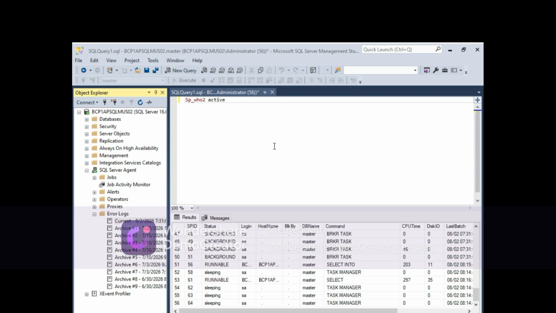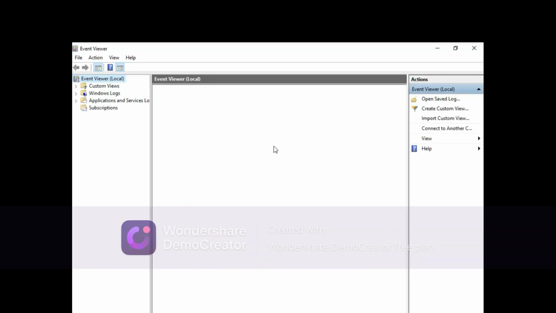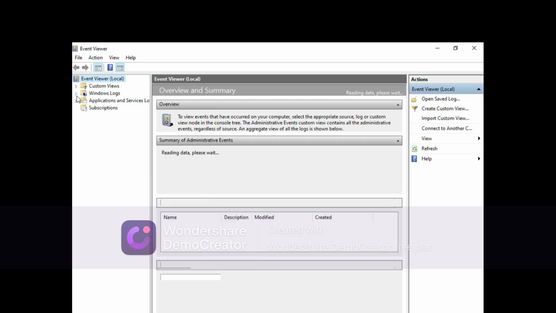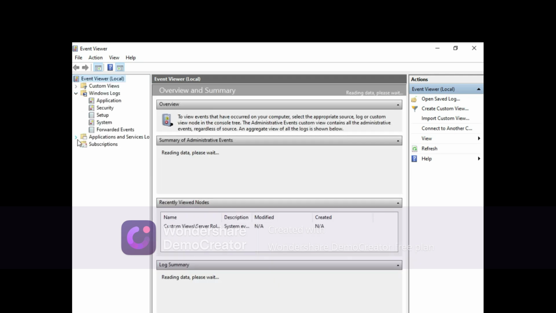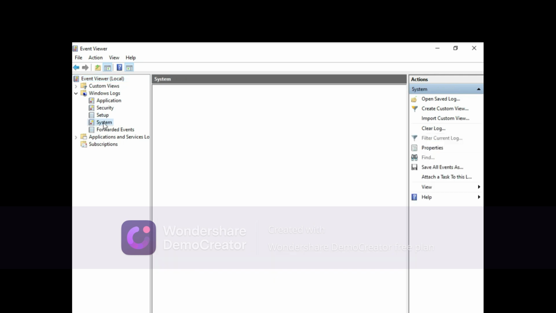Sometimes Windows side errors also create issues in the SQL Server. So here, if you expand this one, Windows Logs, or the Application, the System, or the Security section,